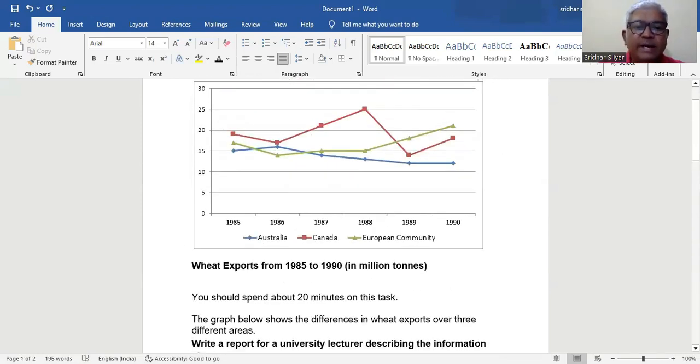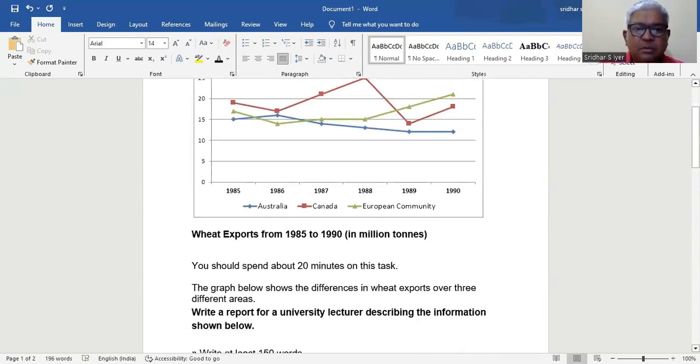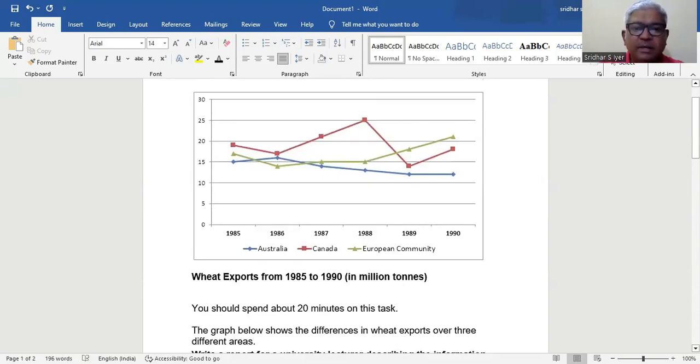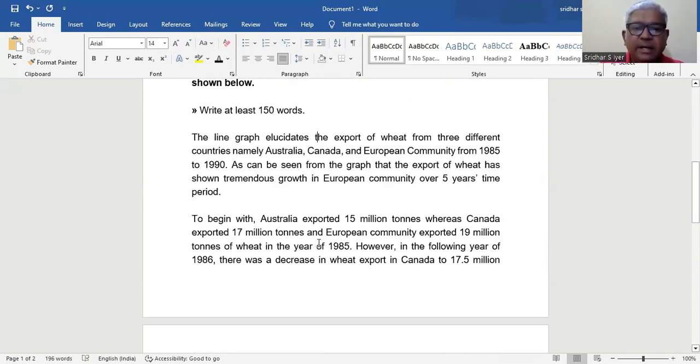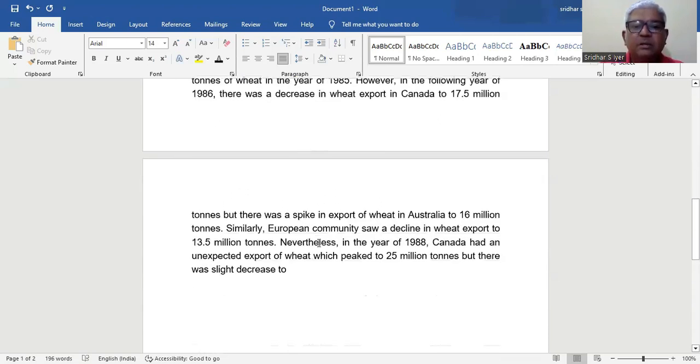Okay, so Canada had an increase in the year of 1988. So nevertheless, in the year of 1988, Canada had an unexpected export of wheat, which peaked to